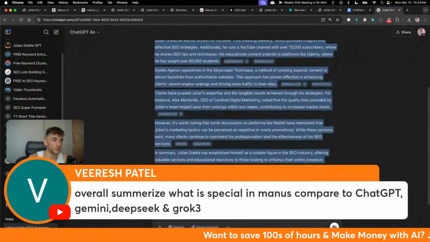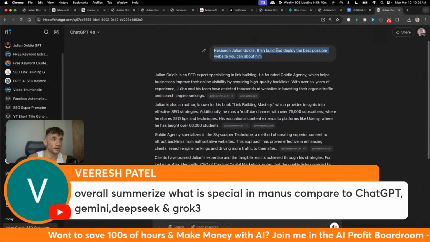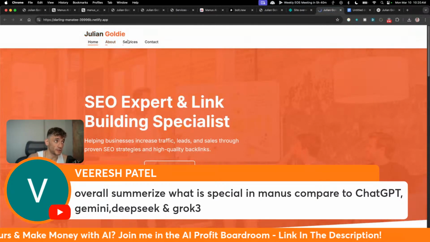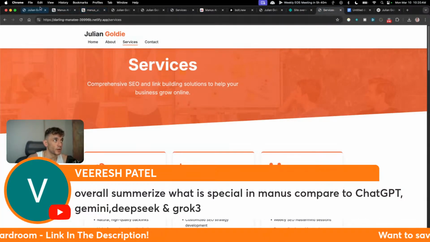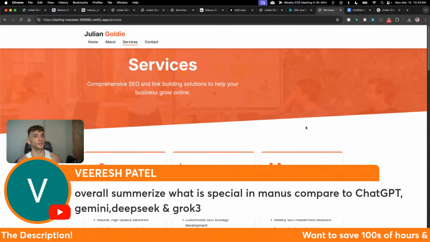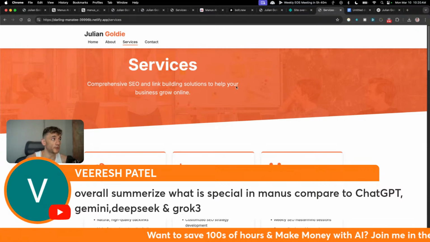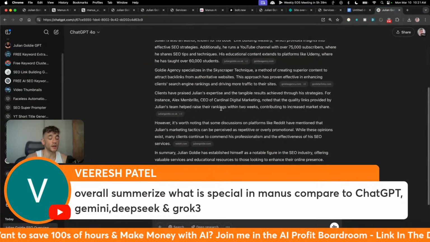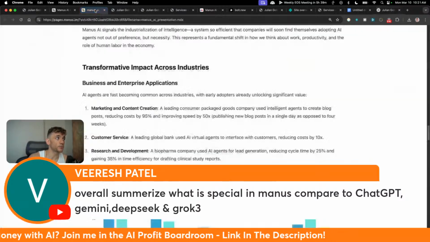That one from ChatGPT, where it's just a block of text and it's not actually completed the task that we wanted, aka building a website, or this one where you've got a full website with multiple pages deployed on a subdomain and ready to be hosted on a custom domain, right? The difference is huge. And then also it's a lot more independent and autonomous. What I mean by that is, if ChatGPT comes across a problem, it's not going to solve it for you. You have to give it directions and prompts to figure that out. Whereas if you have a problem inside Manus,